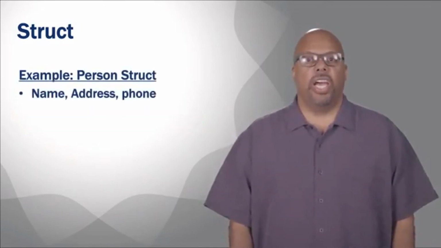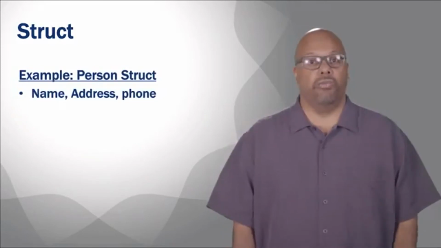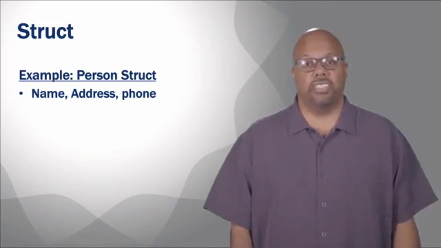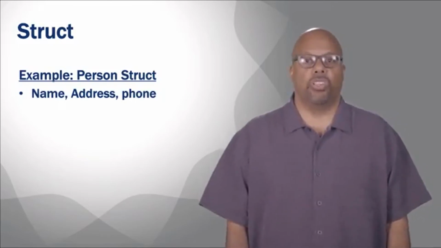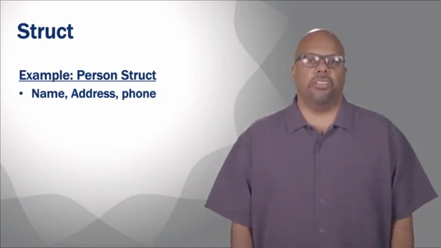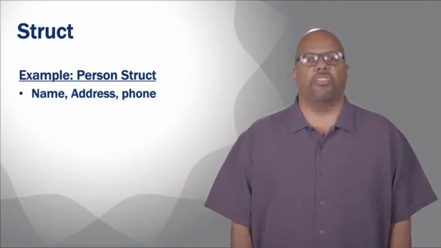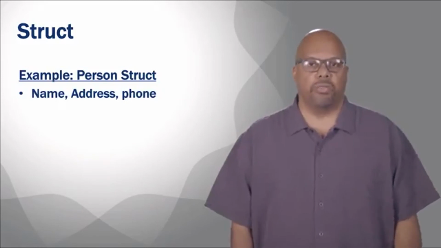So let's give an example, easiest way to talk about it. Let's say you want to make a struct. Struct is short for structure, by the way. And this is taken straight from C, as structs too. So say I want to make a structure that describes a person. Say every person has certain features: a name, an address, and a phone number. So for every person, I want to represent these three different aspects of a person.